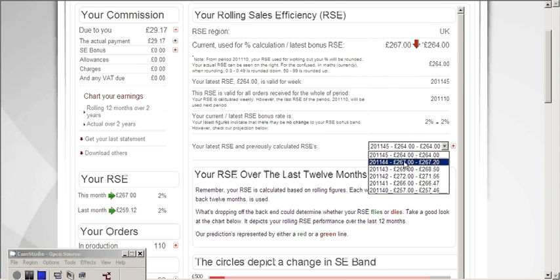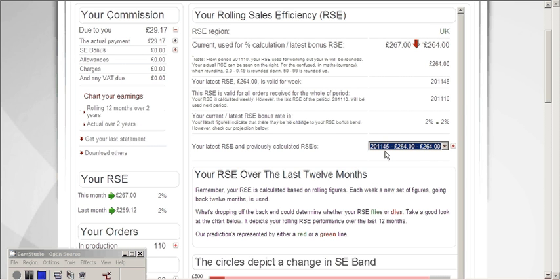But at the end of the most recent week, week 45 in 2011, it's at £264, and we can see that cross checks up here, £264. But the red plus sign to the right will explain how that is calculated. So let's have a look at that. If you click on the plus sign next to the drop down box,